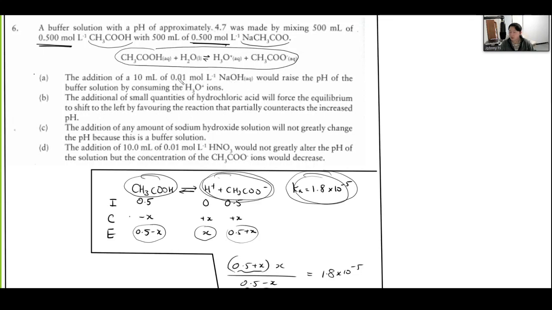Concentration is lower and the volume is lower than any of these. So it's a very small amount of base compared to what's available. And of course, the base will react with the acid, right? The conjugate, the weak acid will help maintain the pH when this strong base is added. So addition of that would raise the pH of the buffer solution by consuming